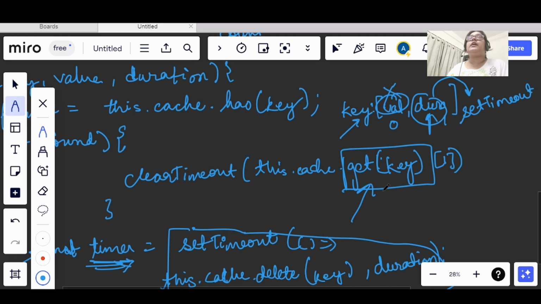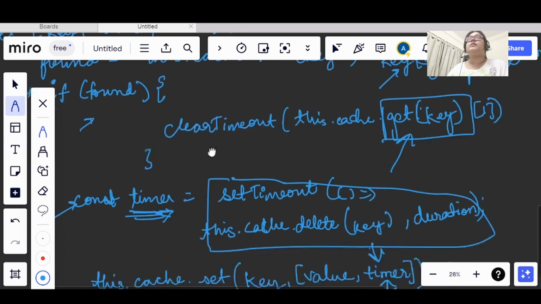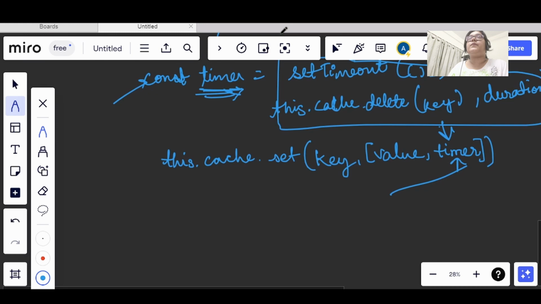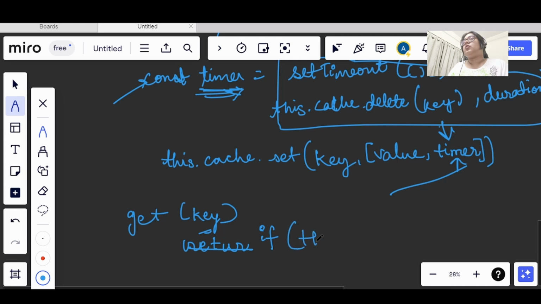Now let's see the get function. In the get function, we have a key and we just need to return the value of this key. So we will first check if the key exists or not, with this.cache.has(key).